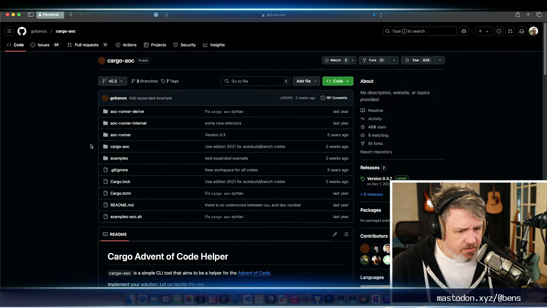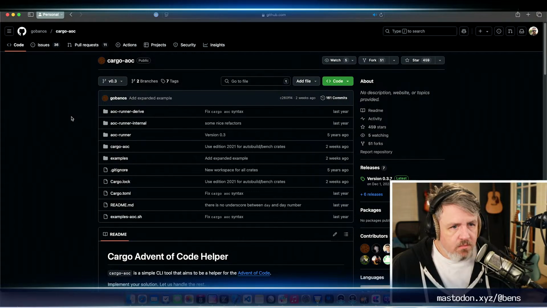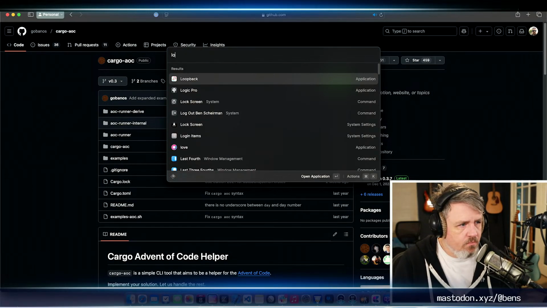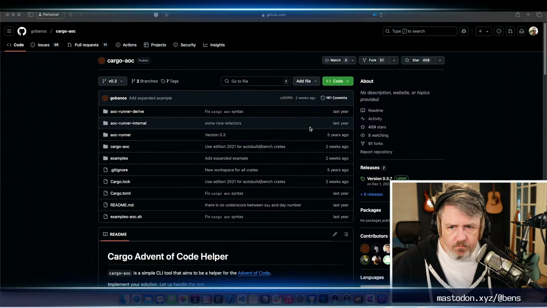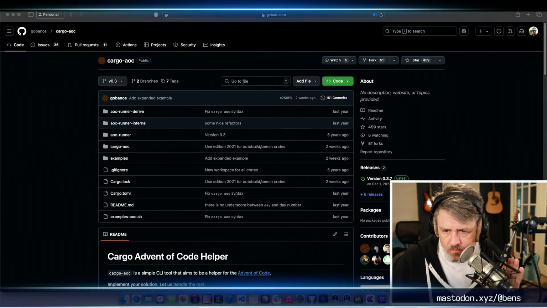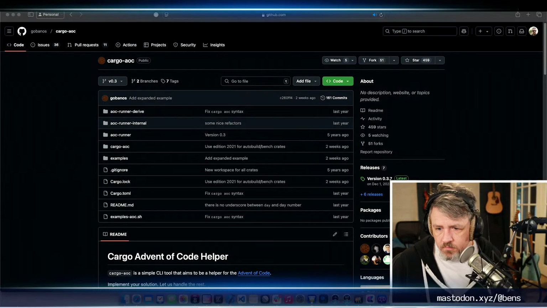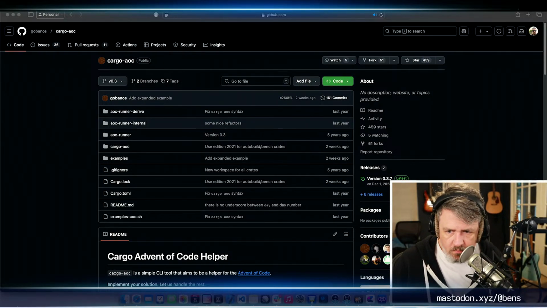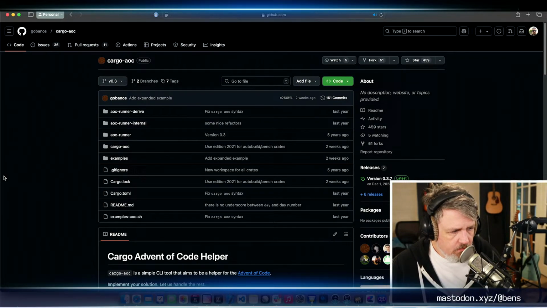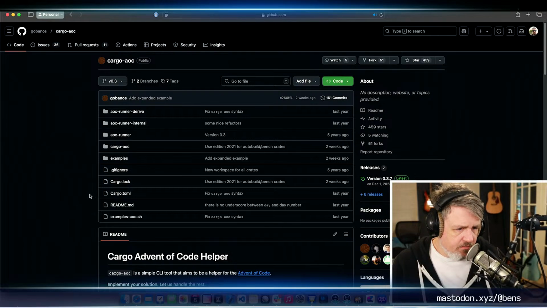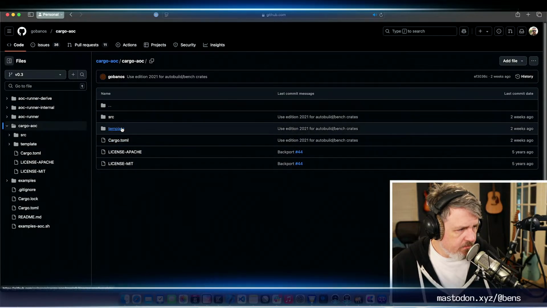Some of this is Rust-specific tooling, so I don't know how much of this we could actually replicate in Swift, but I do like the overall idea.